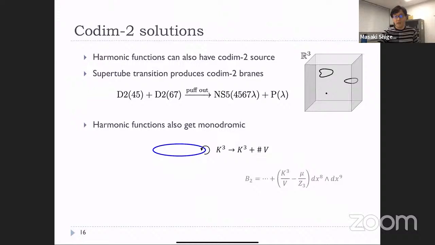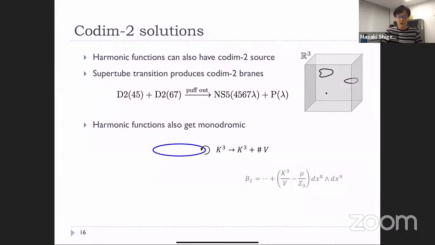Okay, so that's fine. And that was about codimension 3 centers, but we can talk about codimension 2 centers as well. So these harmonic functions can also have codimension 2 sources. Why not? And you may wonder, why do you do it? But there is a reason, because the supertube transition produces such codimension 2 branes. If you have D2 branes, like we do, then they can puff out into some NS5 brane, which is along some curve lambda. So in R3, you can have some curve like this or this. And these curves are not just the codimension 3 source smeared,